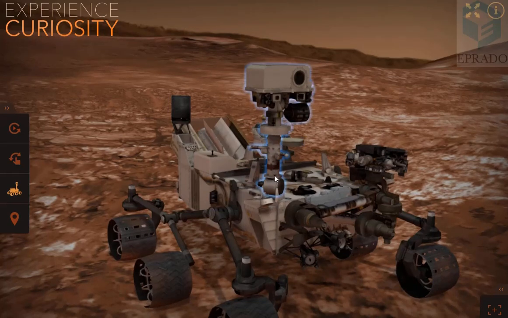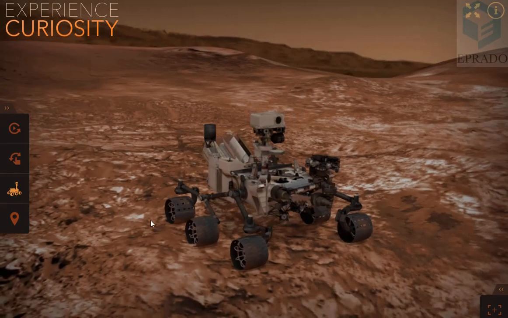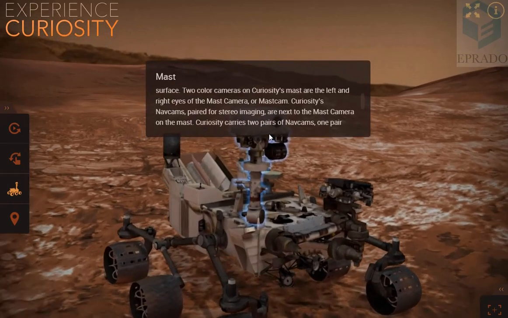The mast is an upright structure that is fixed at one edge of a boat or a driving vessel. So in this rover, the mast is the upright structure over here, and the mast has a camera that can be rotated.